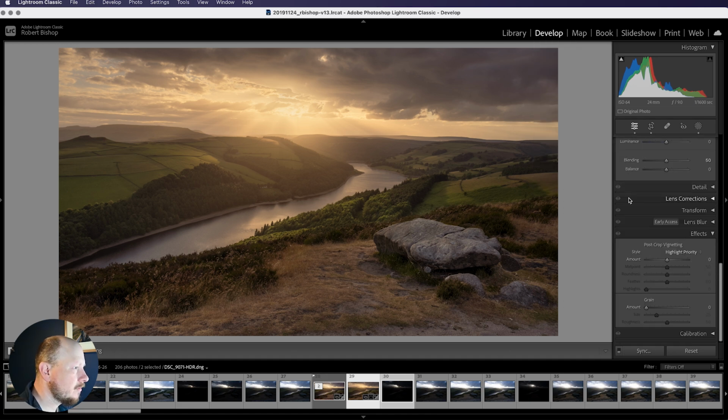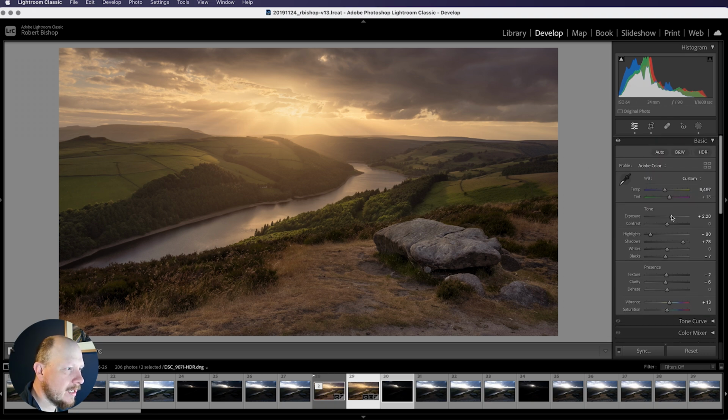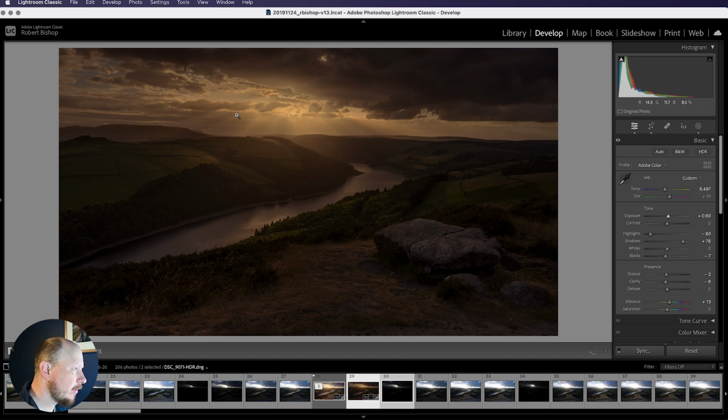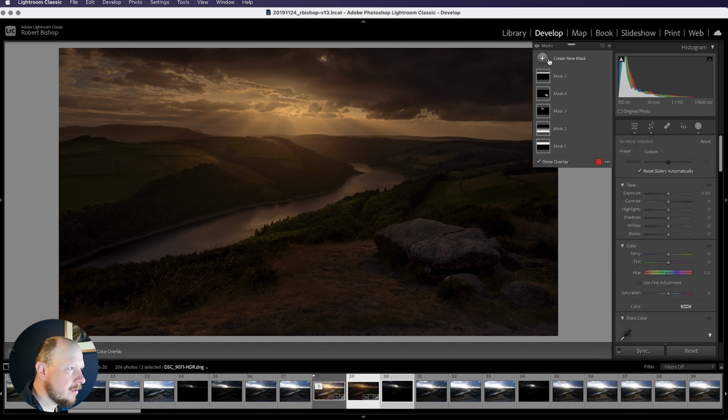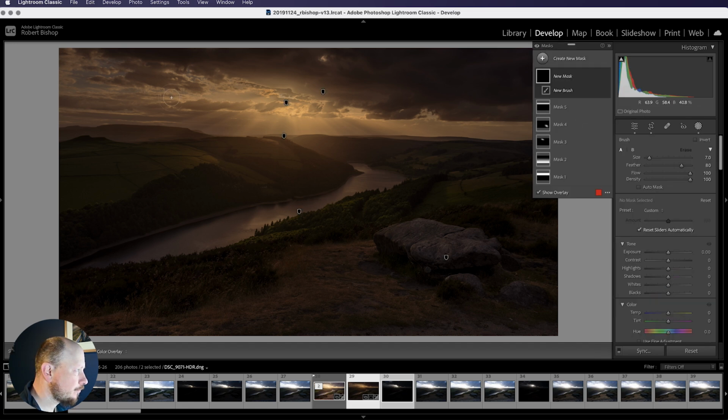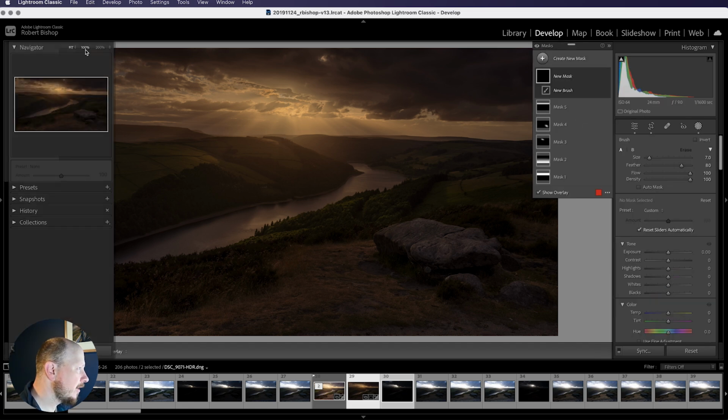And the final selective mask I'm going to make is on the light rays that are coming out from that area of cloud. So you might not be able to see them perfectly here, but if I just bring down the exposure, you can really see them now, and I want to emphasize those. I really like them. So I'm going to create another mask, this time brush. Now if I just zoom in on that area,